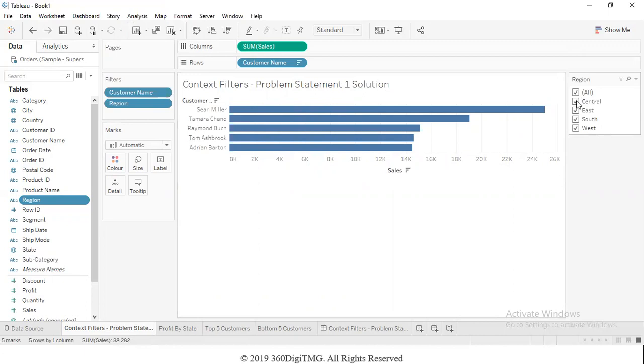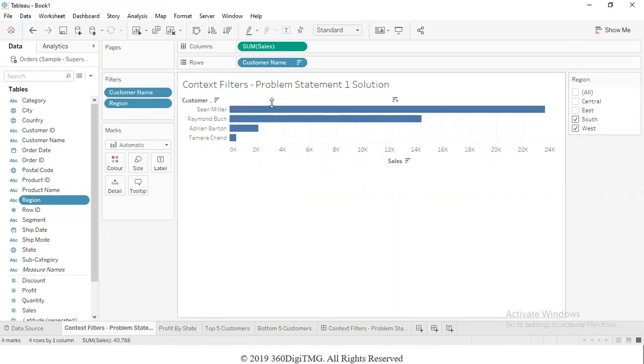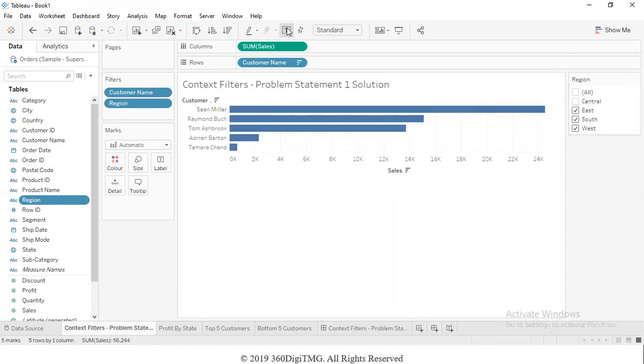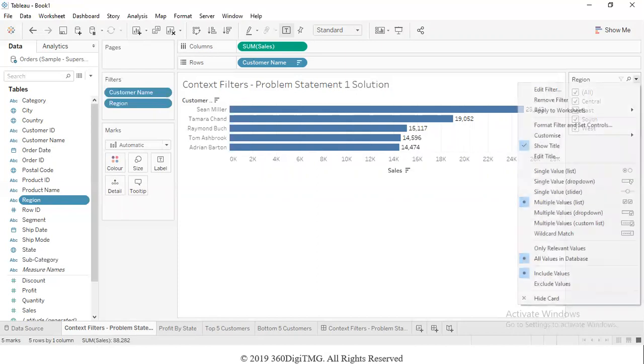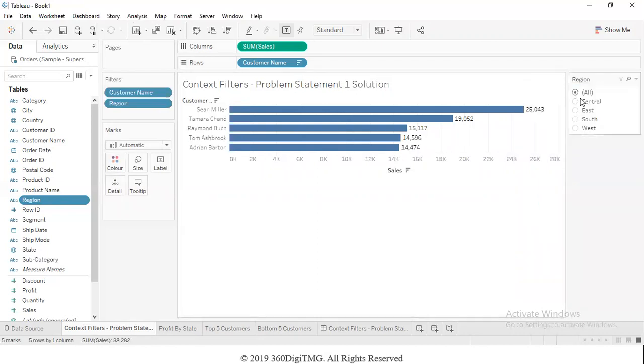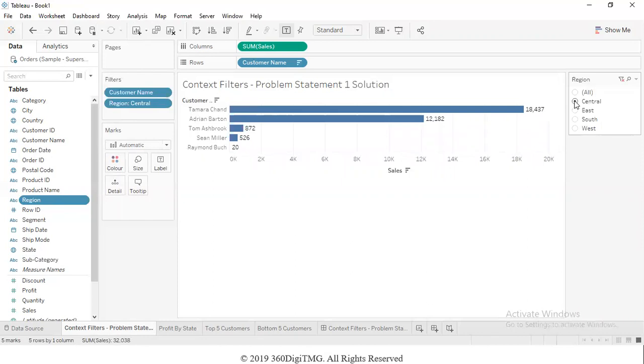But when I uncheck any of these regions, you can notice that the list is not getting updated with the latest top 5 customers per region. Instead, we are able to see the contribution of these 5 customers across different regions. For example, let me make this a single value list. Suppose I look at Central. Then we are looking at the same 5 customers, Sean Miller, Tamara Chand, Raymond, Tom, and Adrian.